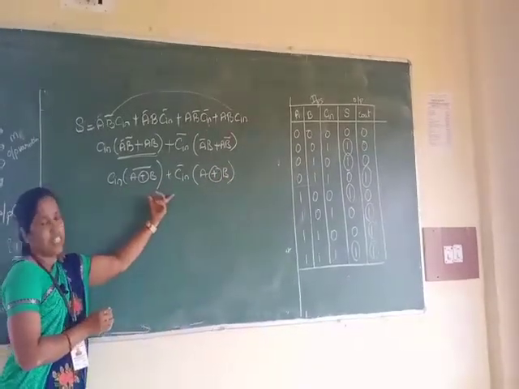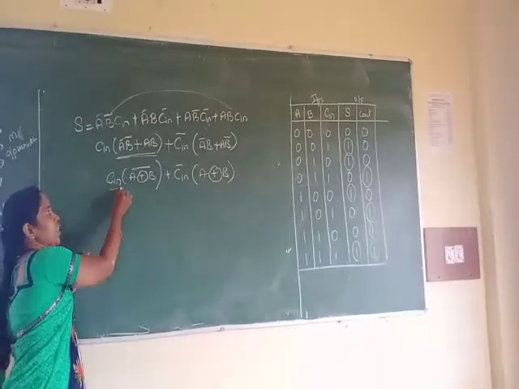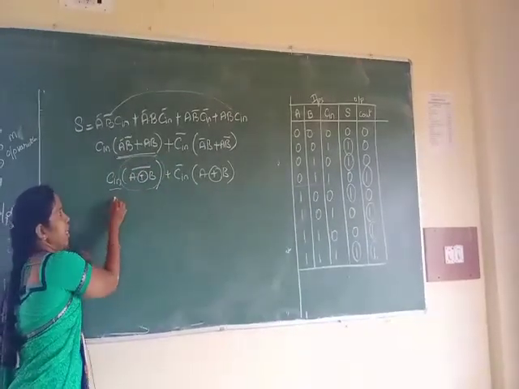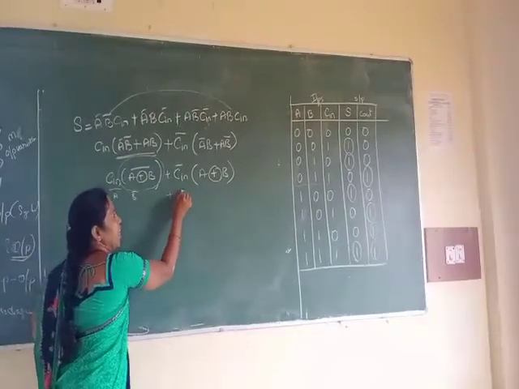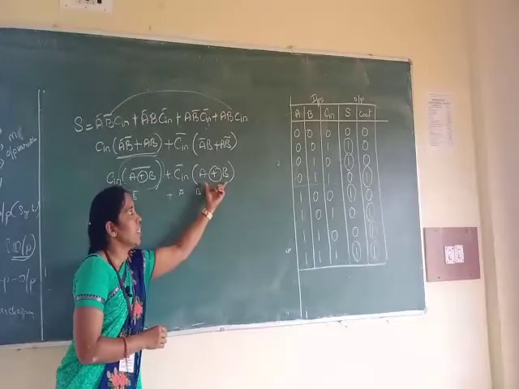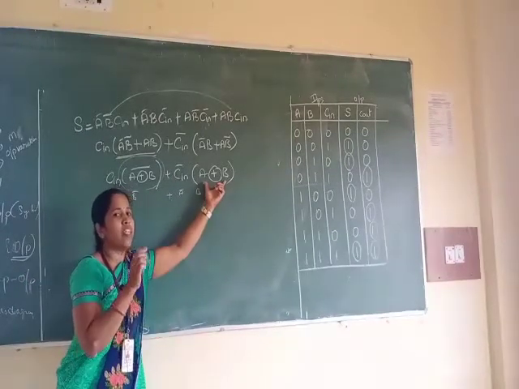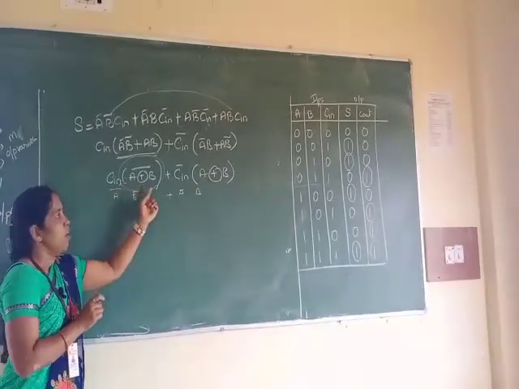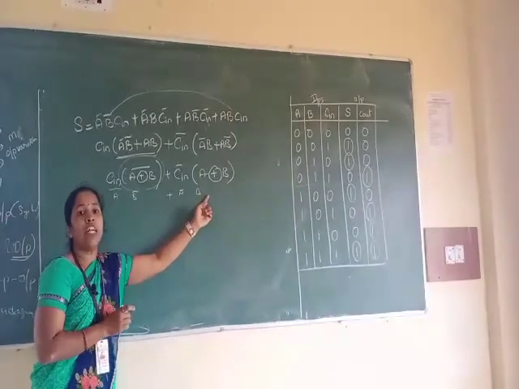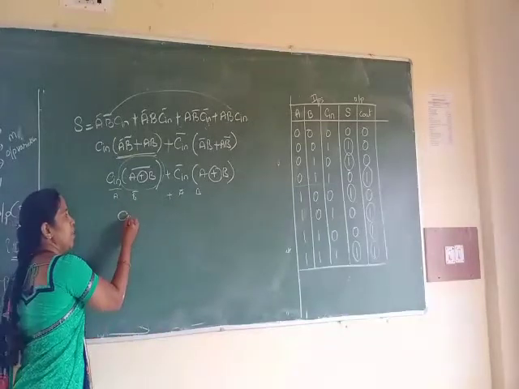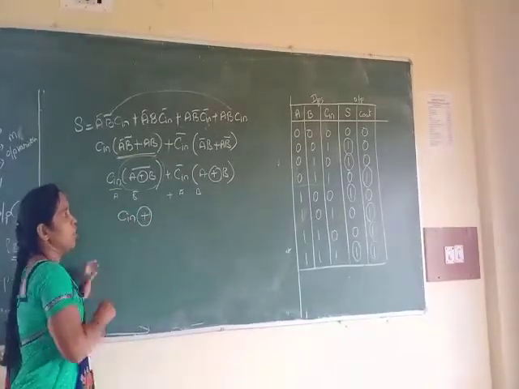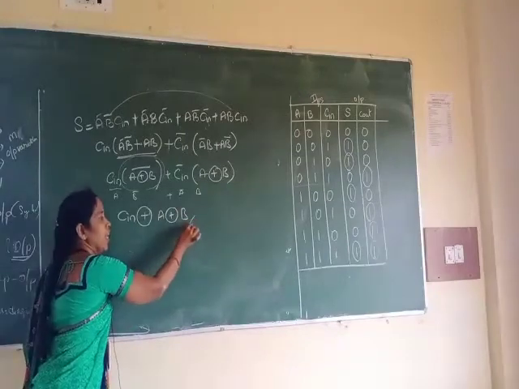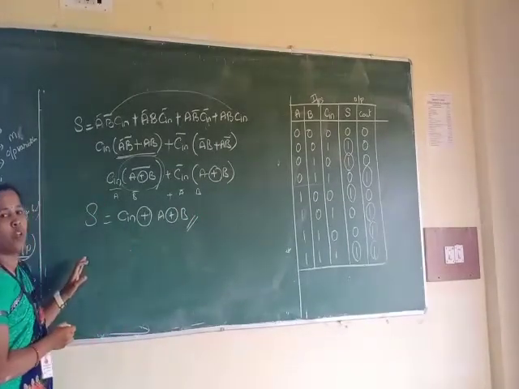Now this last expression if you check, this one C in I am considering as A and this whole thing I am considering as B. Then in that case, A B bar plus A bar B. If you consider this A XOR B as term B and C in as term A, then A B bar plus A bar B, again you will get the XOR operation, that is nothing but C in XOR, now the term is this one, A XOR B. So this is the reduced expression for output column S.